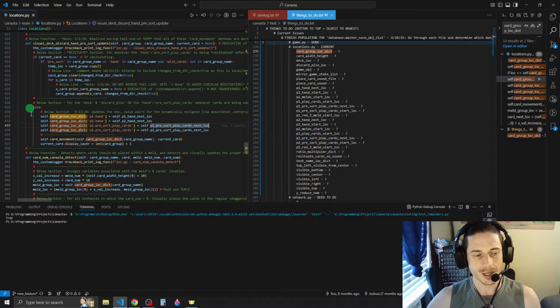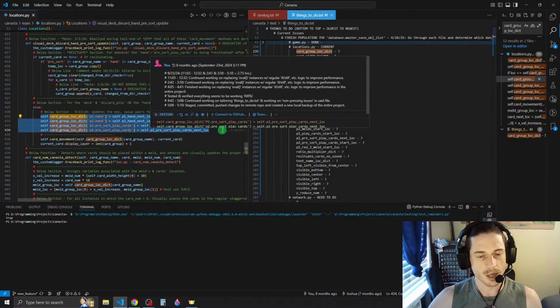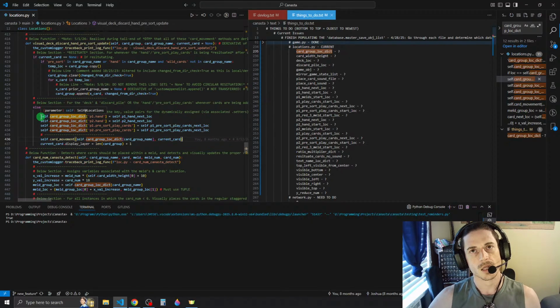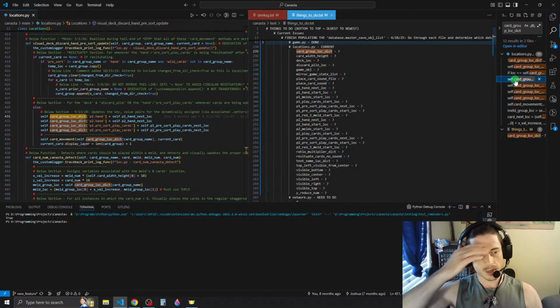So when this function got ran, this would be after we loaded in the hand and the pre-sort play cards. Therefore, these 4 entries, which are the only dynamic ones, would be properly set through this function call. I don't think it would need to be saved because